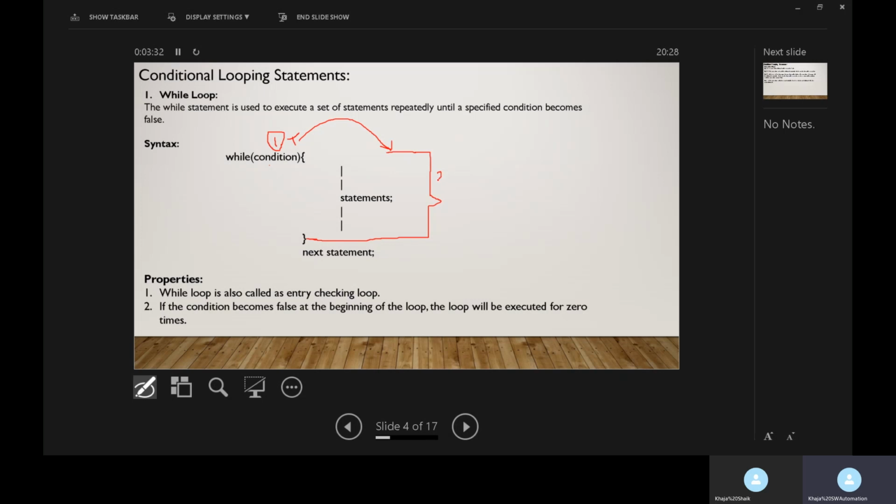This is step 2. After executing the last statement, at the end of the loop, again the condition will be tested. So this is step 3.